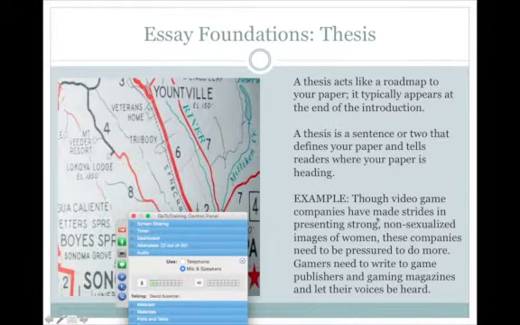Okay, so the topic is here. It's something about images of women in games and how they're not as appropriate as they should be. There's a specific audience, gamers themselves, right? The same topic could be addressed to the game publishers themselves. It could be addressed to a completely different audience. But I've decided to focus on gamers because that's the audience I want to target. And I capture what I want that specific audience to do. That they need to make their voices heard by actually writing to the game publishers and editorials of gaming magazines.